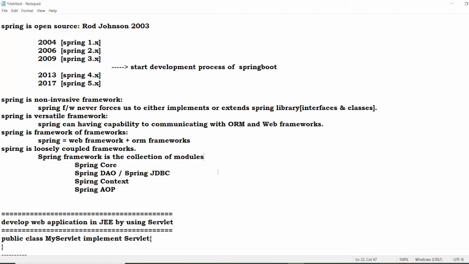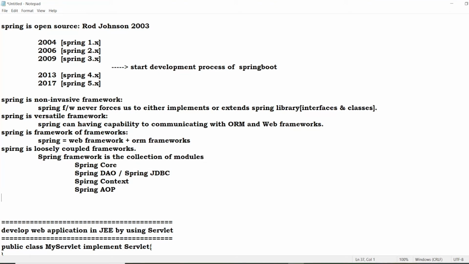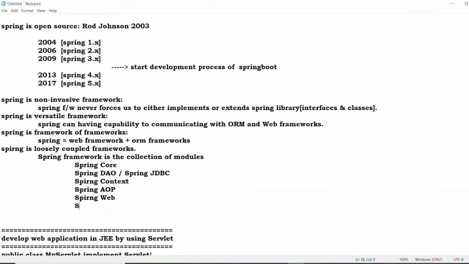How many modules? Initially 7, but in 2.0 it will be 6. What are those? Again, I'm explaining what everything is. Spring core, Spring DAO, Spring context, Spring AOP, Spring web, and Spring ORM. So like this, we have totally six